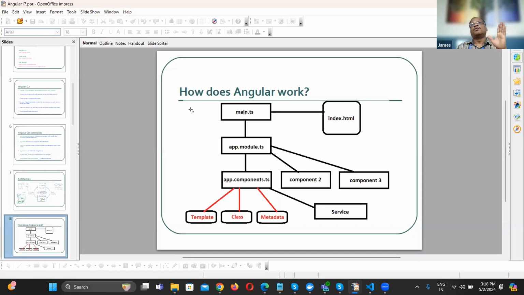Then we should know how Angular is working. When I run the project, what is happening behind the scenes? We should have an understanding of that. Before entering that, we will see our files, then we will come back. So just remember this: main.ts and